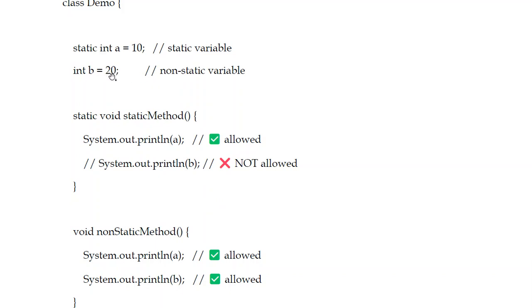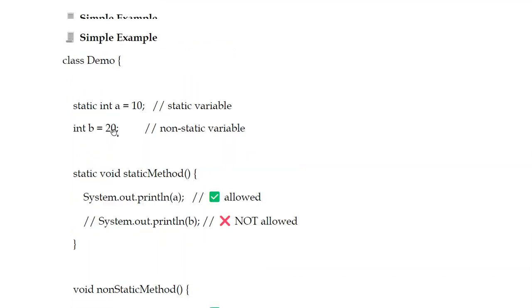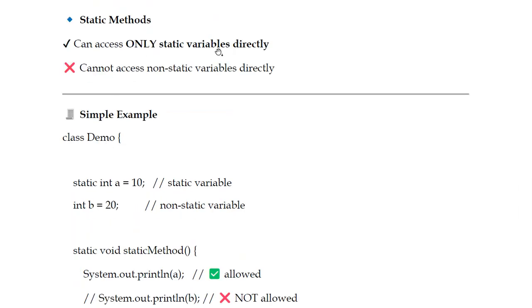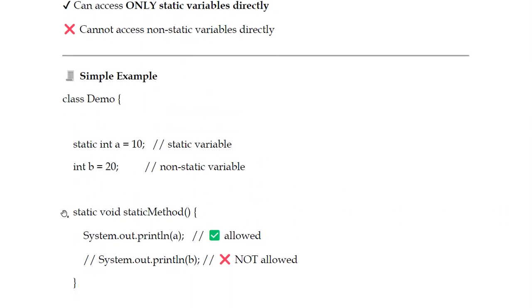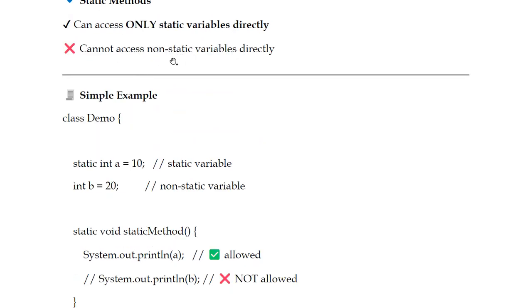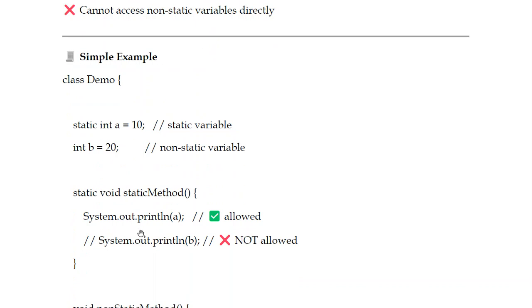Next, a non-static variable I'm giving: b equal to 20. This is called an instance variable. But what method am I using? Static. So definitely it will throw an error, because the method is static, a non-access modifier. Only the static method can access the static variable. I already told you, static methods can access only static variables directly. That's the reason: can't access non-static variables directly. What's the error I'm getting? Not allowed. So non-static variables can't be accessed by the static method,